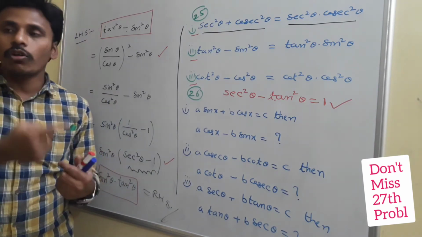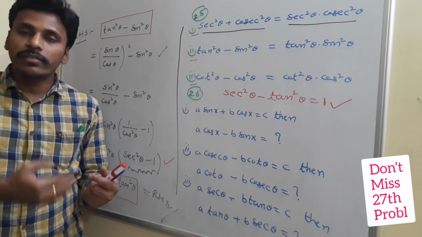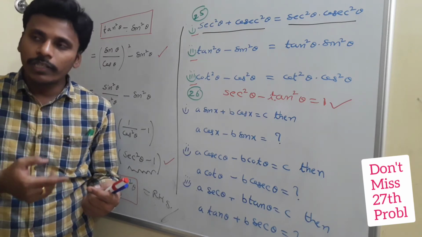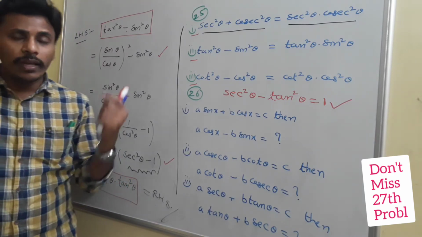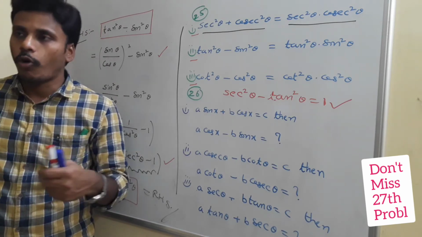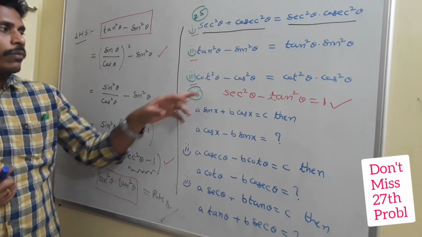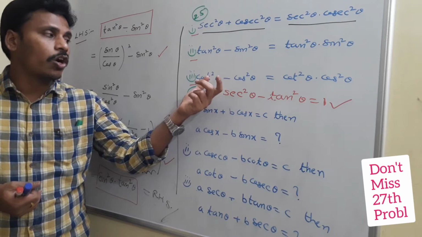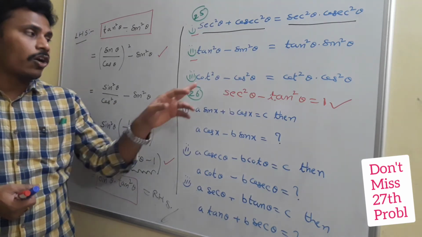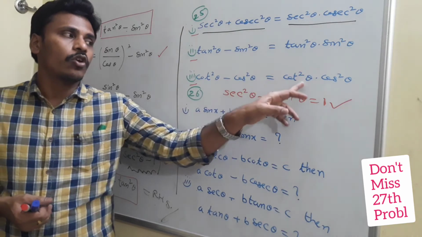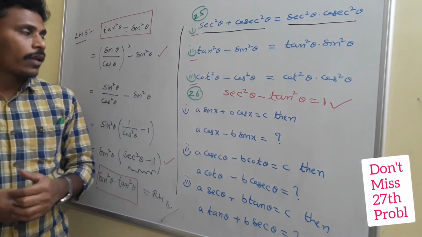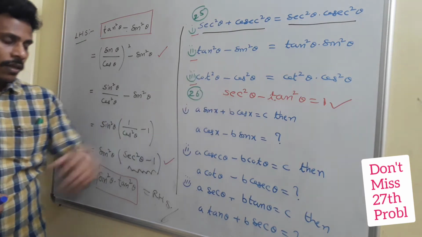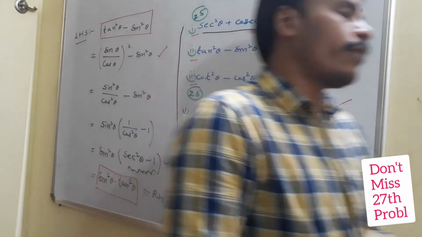You need to revise all these things and memorize them. Once or twice you need to prove them in your own way, and once or twice you need to revise them, and then keep all these things in your mind to solve the remaining problems in an easy manner. The third one, in a similar pattern, you have a chance to prove, but it involves cot square theta and cos square theta: cot square theta minus cos square theta is equal to cot square theta into cos square theta. Just have a look at this and try it as homework. Afterwards, take a screenshot if you need.